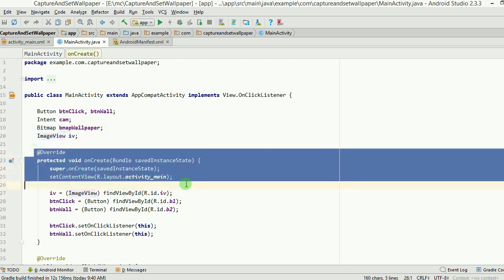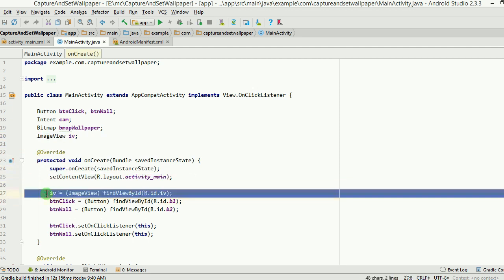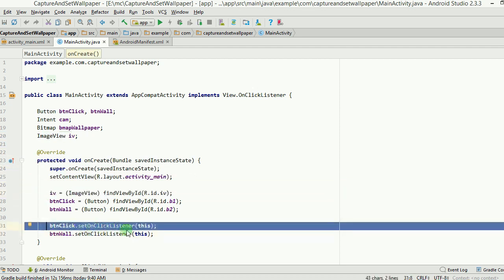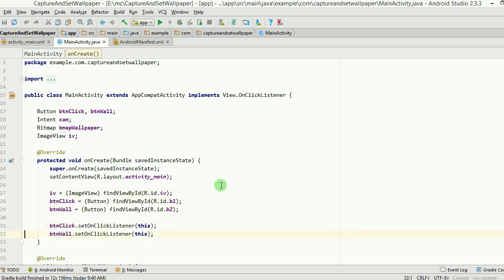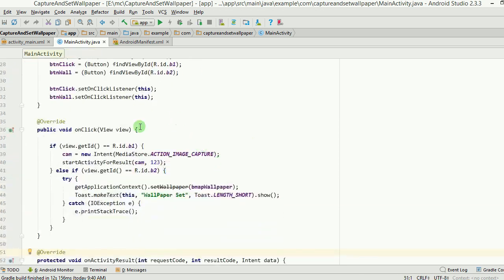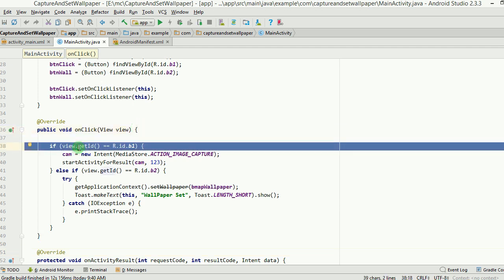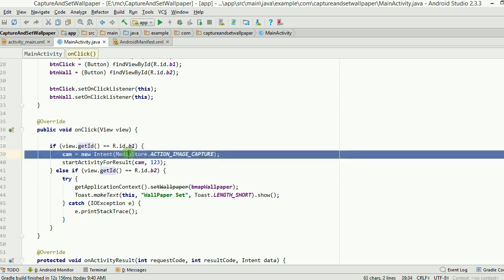These three lines are quite familiar to you. Here we have created an object of image view, and here we have put the set on click listener on button click and button wall. I have used this View.OnClickListener interface here. Now when the user clicks on either of those two buttons, we will first find out which of these buttons has been clicked. So this is the view argument here. We are getting the ID out of it, and then we are finding out if it is B1 or the other, B2. So if it is B1, which is for clicking the picture, then we are going to make